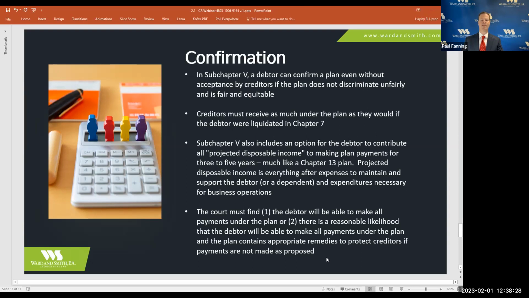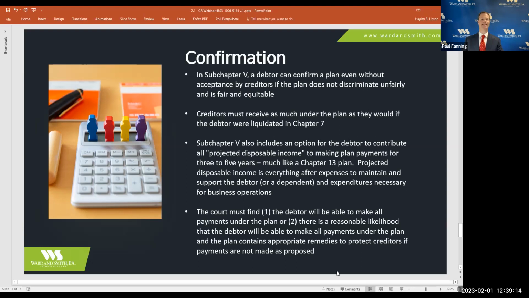There's also notably involvement of a Chapter 5, Subchapter 5 trustee. If it's a consensual plan and the plan gets confirmed, typically the Subchapter 5 trustee goes away. His job is done. If it's contested, there are provisions in Subchapter 5 that keep the trustee in place to make the disbursements called for under the plan and to make sure that the debtor's doing what they're supposed to do under the plan. So sometimes it's important to contest the plan so that you get these extra protective provisions in the plan.